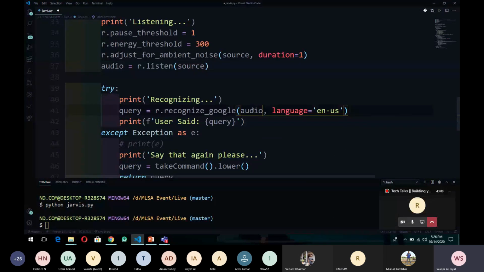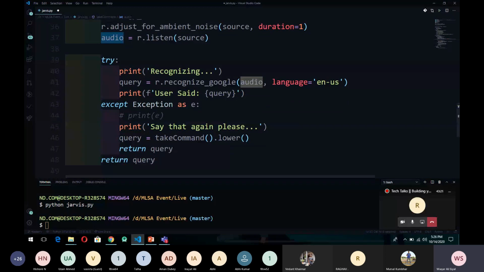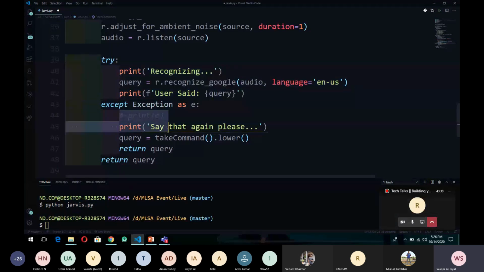Here we will pass our audio data argument, as we have studied in the slides that these methods get the audio data argument. So here we are passing this, and whenever we get an exception while recognizing the voice, this block will be executed. So we will call this method again. We will print here, say that again please, if any exception occurs while detecting the voice.